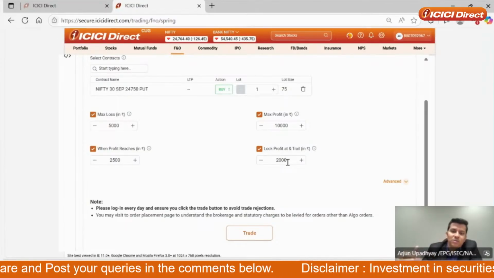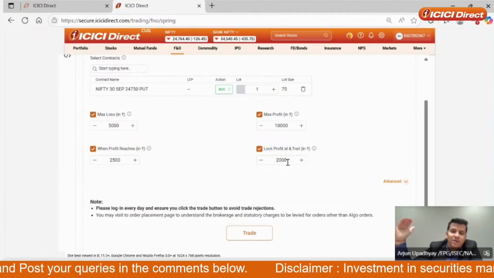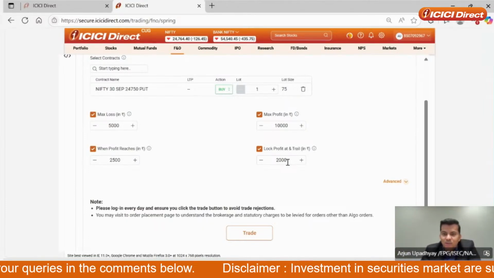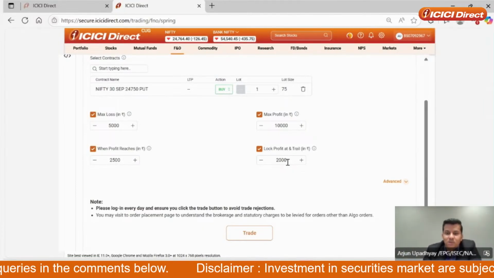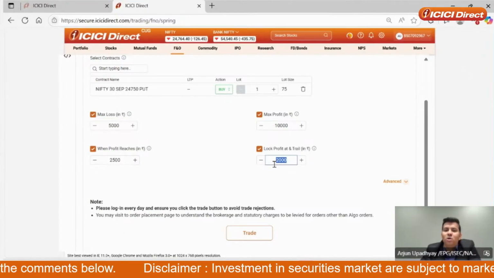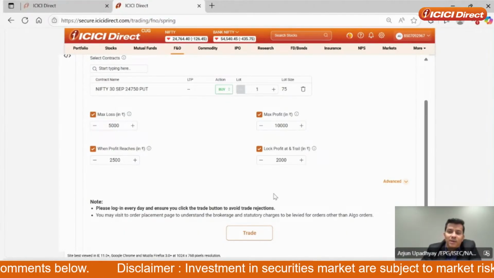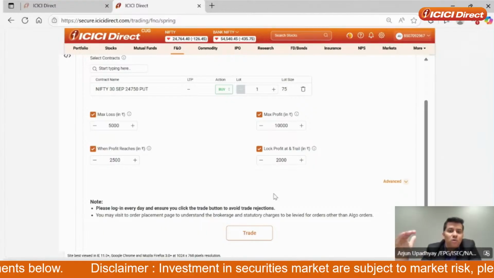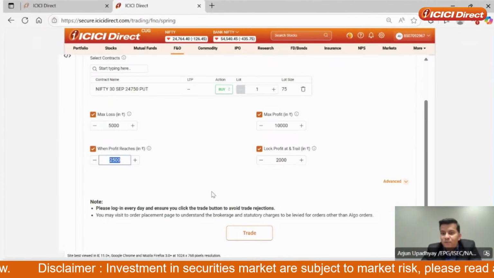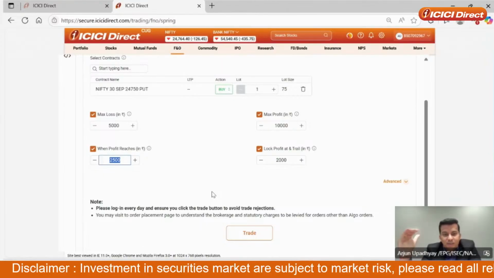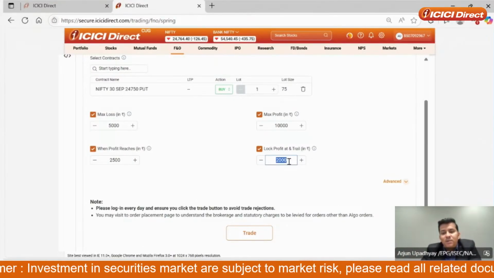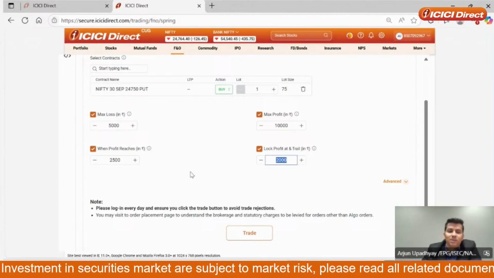So if I was making money on the strategy and my PNL was 2,500 at a particular point in time, and the markets took a U-turn, and then I started making losses, it will ensure that at least 2,000 rupees is locked as profit, right? Now, if the markets continue to go up and the profit reaches, say, instead of 2,500, a multiple of 2,500, say 5,000 rupees, and then the market took a U-turn, my lock profit would have trailed twice. It would have automatically become 4,000.